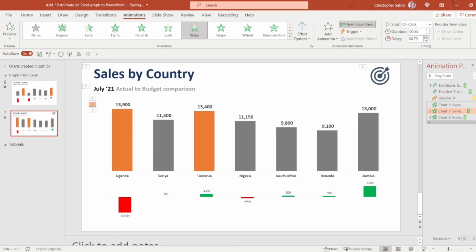I can do the delay of 1 second, and the duration we can go for 1 second also. Then after that one will be on click. Then the actuals, the two largest actuals, also we shall go with click. This is 1. Also we shall delay by 1.